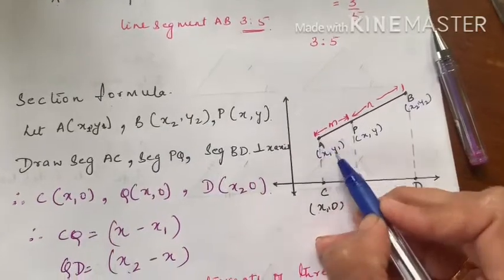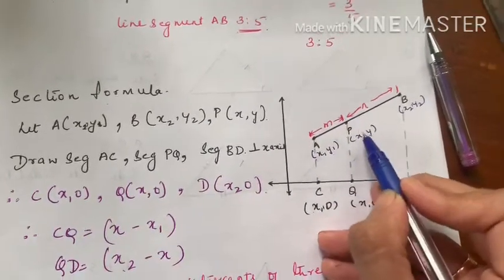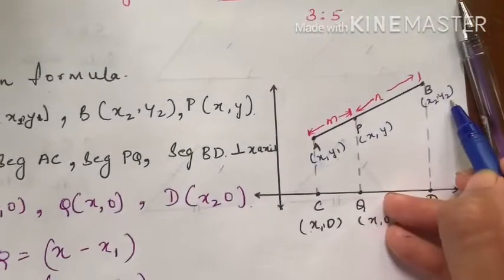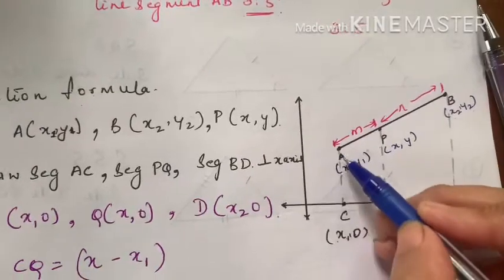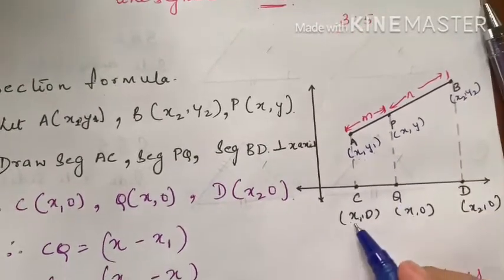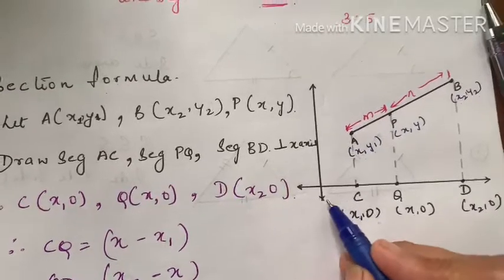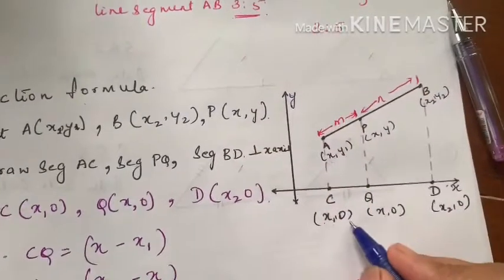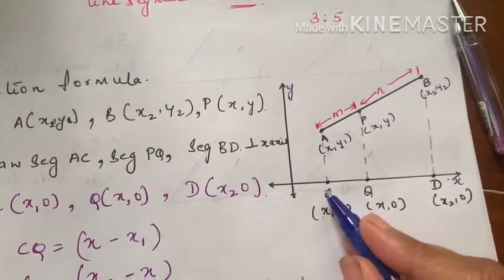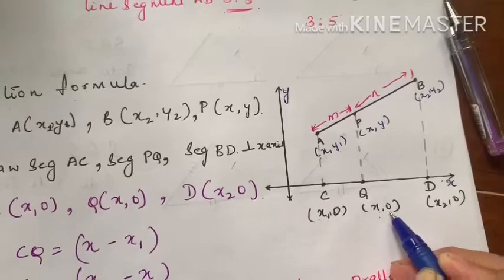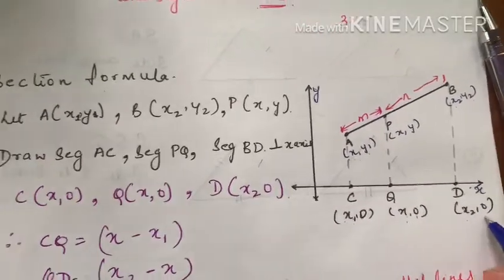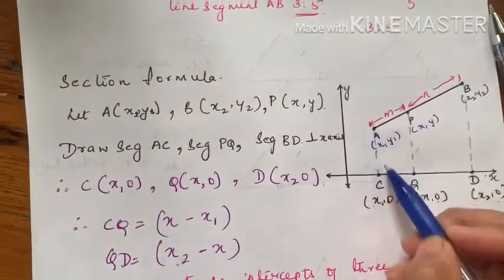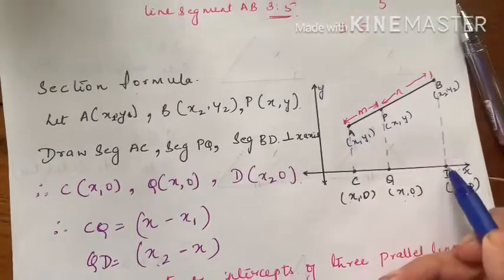A has coordinates x1, y1, P has coordinates x and y, and B has coordinates x2 and y2. Let's drop a perpendicular from A to C. Here the y-coordinate will be 0 because this is your x-axis and this is your y-axis. So C is x1 and 0, Q is x and 0, and D is x2 and 0. So let's draw the segments AC, PQ and BD, which are